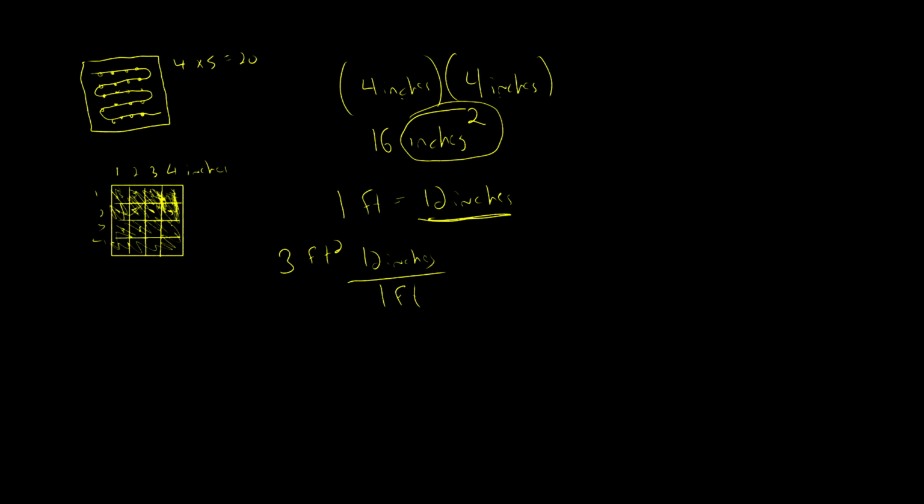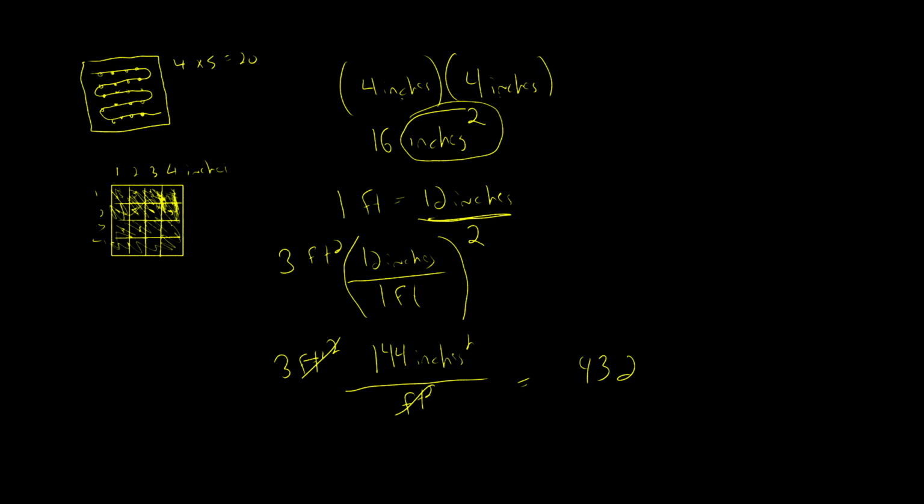But it's not squared. So I have to square the whole thing. And when I do that, I get 3 feet squared times 12 squared, which is 144 inches squared, over feet squared. The feet squared cancel, and I get, let's see, 2 carry my 1, 3 carry my 1, 432